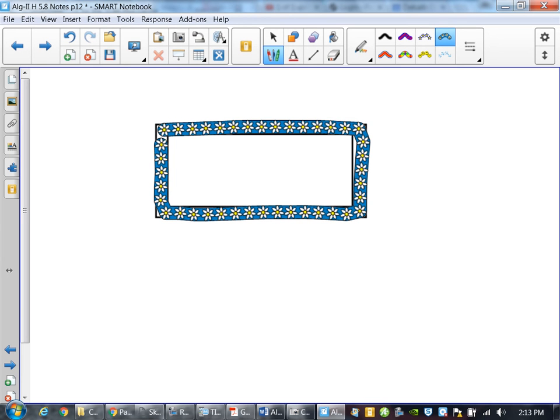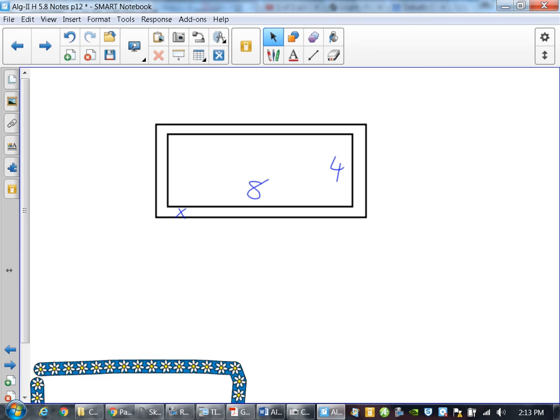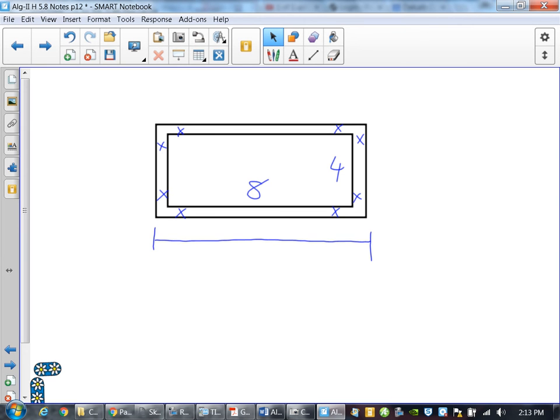They make me think of, so we have a flower bed. It's a flowers one. The rectangular lawn measures 8 by 4, and it's surrounded by a flower bed of uniform width, which means my lawn is 8 by 4. My flower bed has the same width all the way around, which now means that from here to here is 8 plus an x,